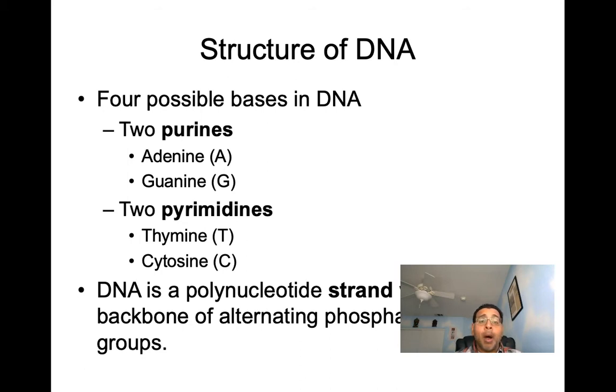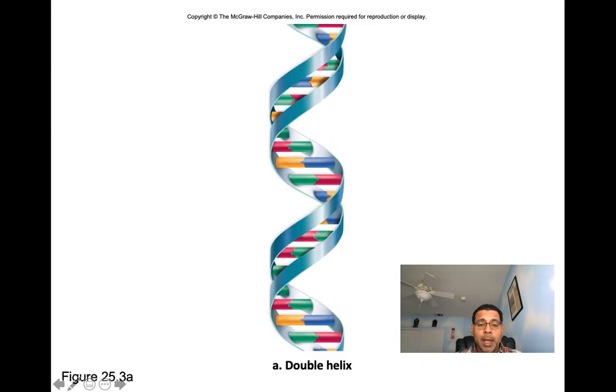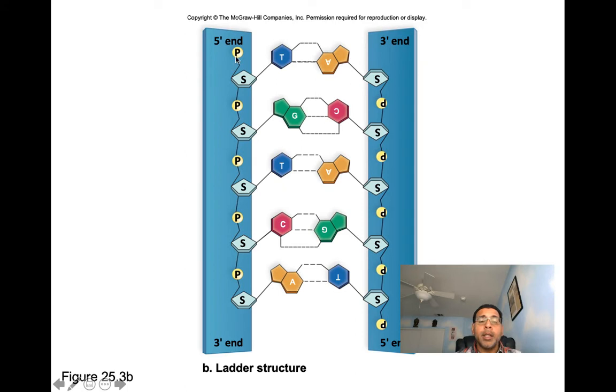A DNA polynucleotide strand has a backbone that's made up of alternating phosphate and sugar molecules. So here we can see that. Right in here, it's back in here. This is the sugar phosphate alternating backbone. And that's with that one, and the same thing here we have with this one. So let's look at it in greater detail. Here you can see phosphate, sugar, phosphate, sugar, phosphate, sugar, phosphate, sugar, phosphate, sugar. So you have your backbone made up of alternating phosphate and sugar molecules